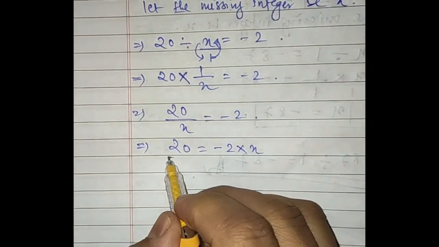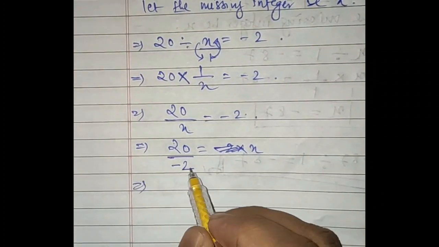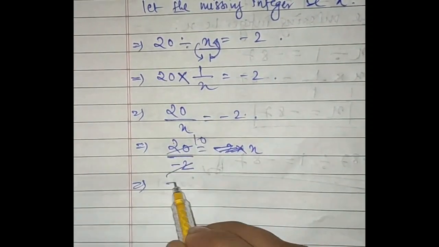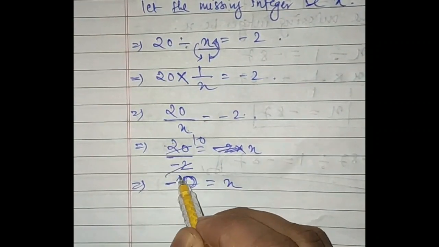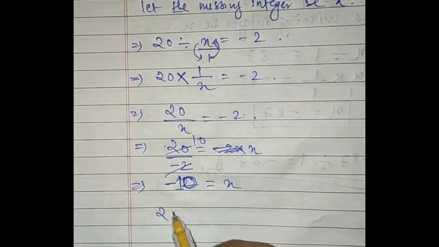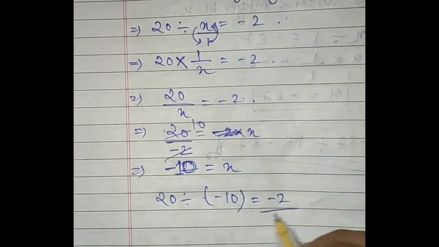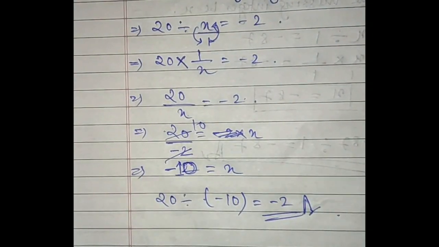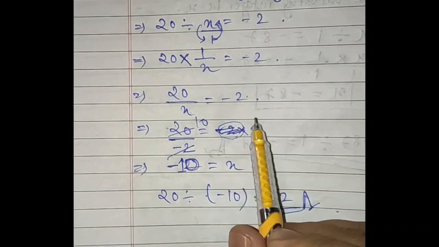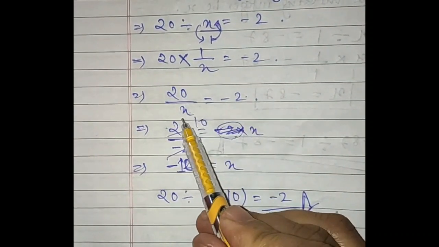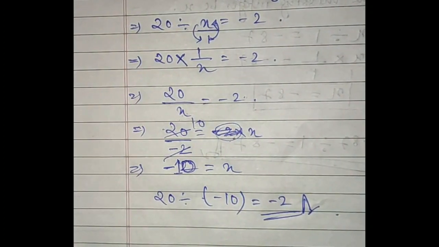Oh, sorry, we can do it like this. Minus 2 will come here, isn't it? So minus 2 we can do this. And 2 tens are 20, so minus 10, sorry. Minus 10 is equal to x. Because this minus will go up in the numerator, so x is equal to minus 10. So 20 divided by minus 10 is equal to minus 2. I hope you are clear with this. Sorry for the little mistake here. I don't want to go with that step because you'll get confused again. So I have done it in a direct method. Just bring this 2 here, x over there, interchange it, so that you will feel easy to do the sum.